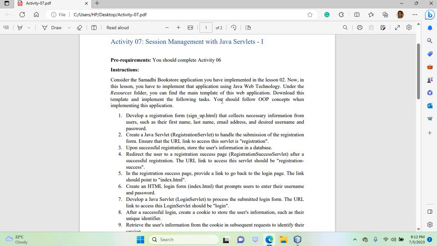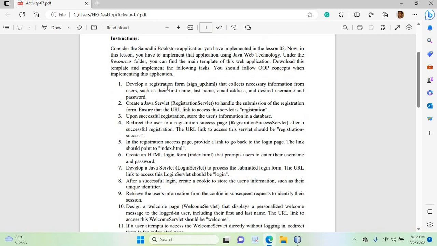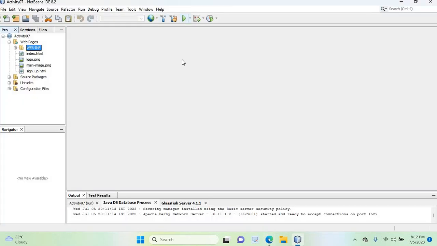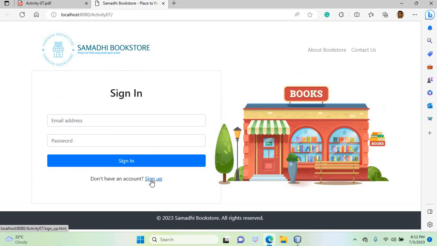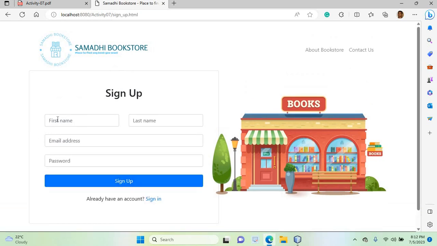The next one is you should follow OOP concepts when implementing this application. That means when you are implementing this application, we need to follow OOP concepts. In this activity you can see that we need to have a registration form. That is the sign up HTML. If I go to this sign up HTML, this is the sign up HTML. Here you can see we need to get the user inputs like first name, last name, email address and